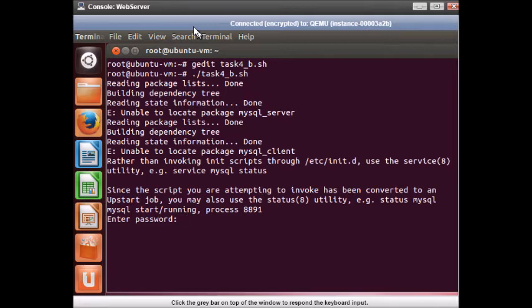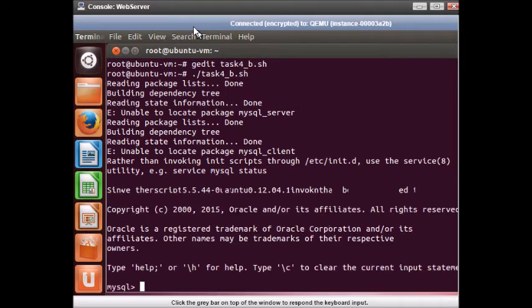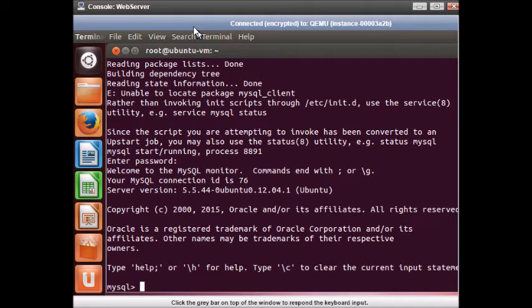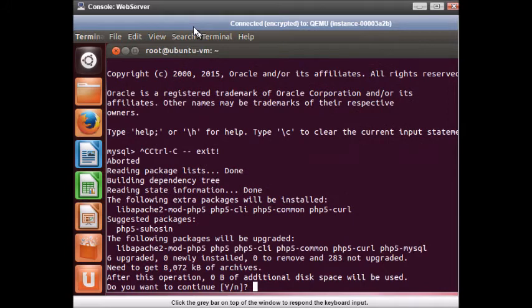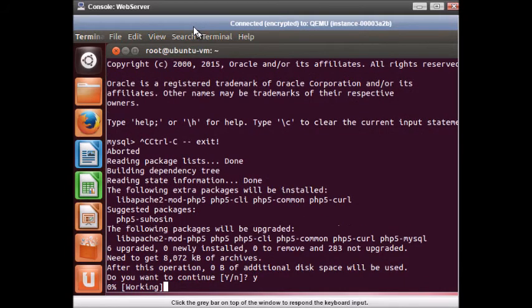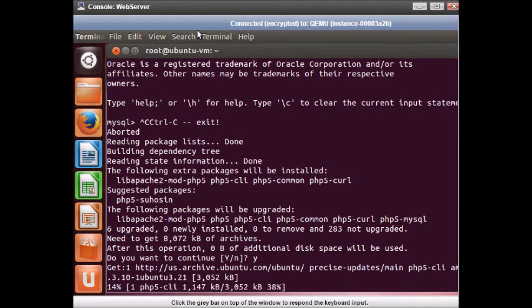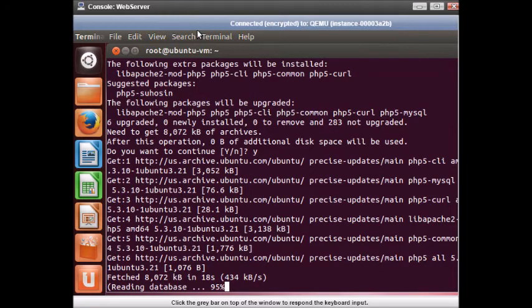Now I'm giving a strong password, which I will give again. So now it says that MySQL has been installed. Now PHP. So until it installs. So PHP has been installed.